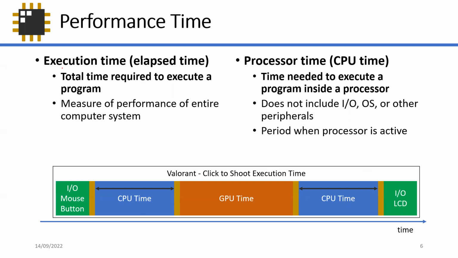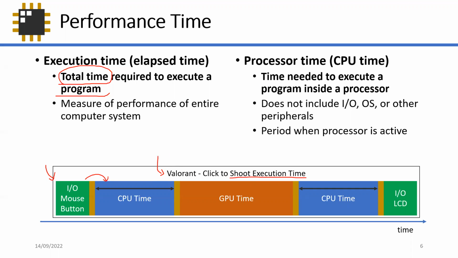Execution time is the total time required to execute a program. Say for example, most of the generation that you're in are very MMO or multiplayer oriented people. So let's say you have this program wherein you have the game Valorant where you have to click to shoot, and you have to get the execution time. So execution time starts from the input output of a mouse button, and then later on